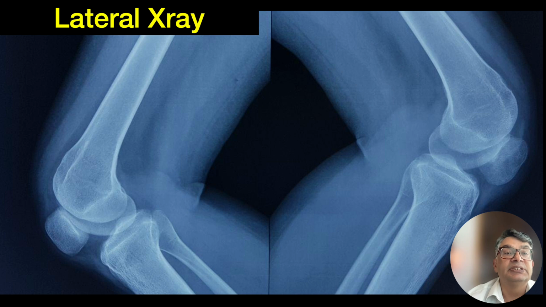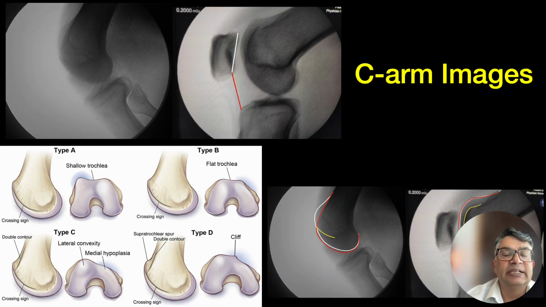And these investigations are lateral x-rays. Lateral x-rays are very, very important. But unfortunately, in my practice, what happens? When I do a lateral x-ray, which is essentially a true lateral x-ray required for assessment of the trochlea, I get this type of oblique x-rays, and it's very difficult to analyze trochlear dysplasia from this type of oblique lateral view. So what I do, I take the patient to a minor OT where I have availability of the C-arm, and then I examine the knee under C-arm.